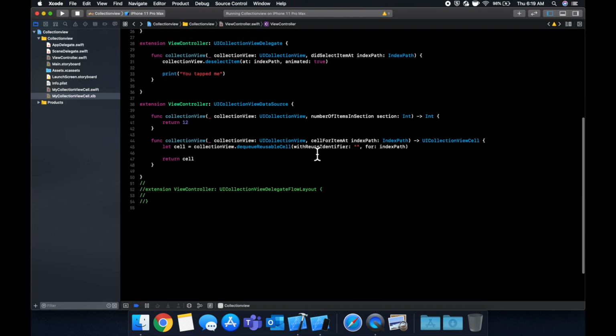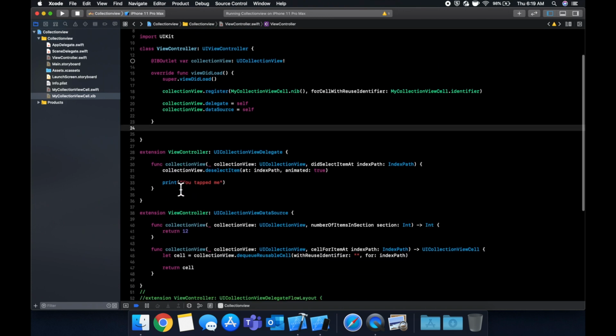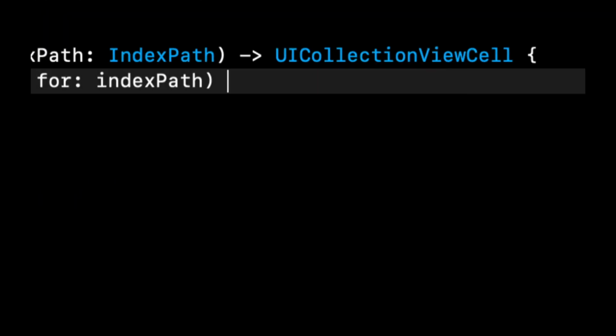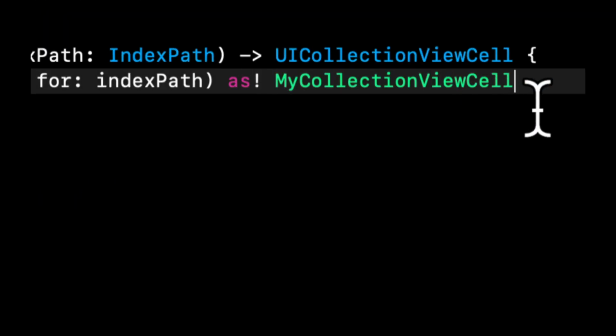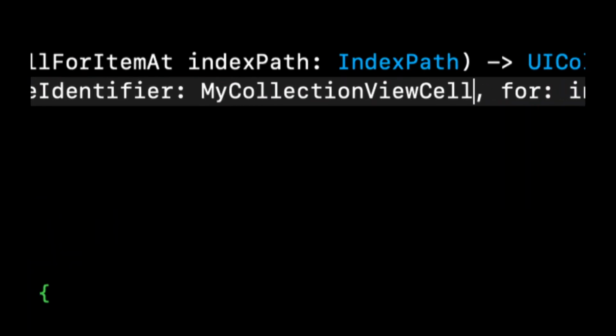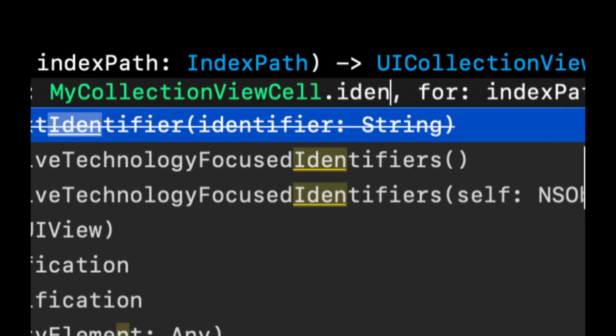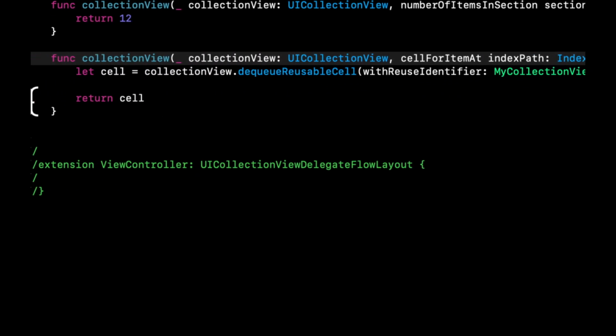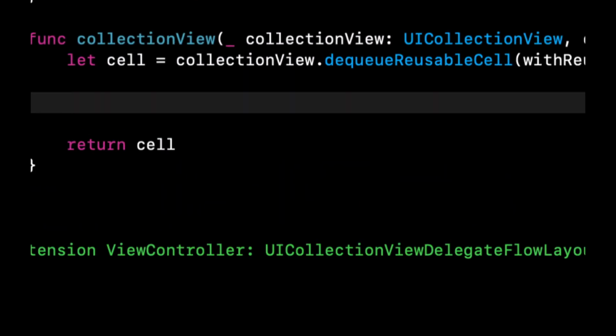And let's see, what else do we need? Okay, so here we want to actually configure our cell with that function we added. So we did let cell, collection view dequeue. We want to dequeue this cell as this cell, and we want to specify the identifier again in here, is identifier. And the very last thing is cell.configure with